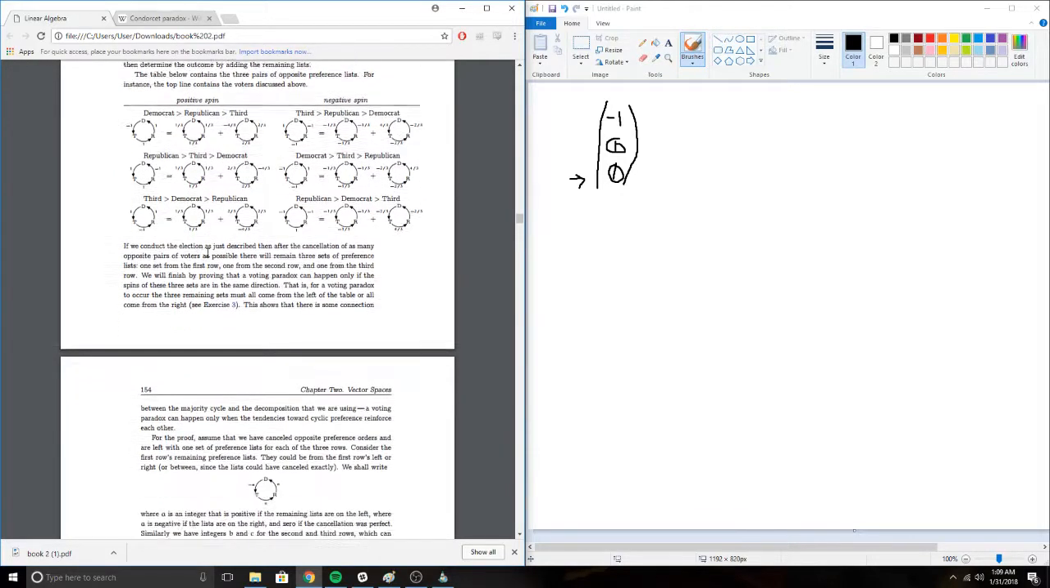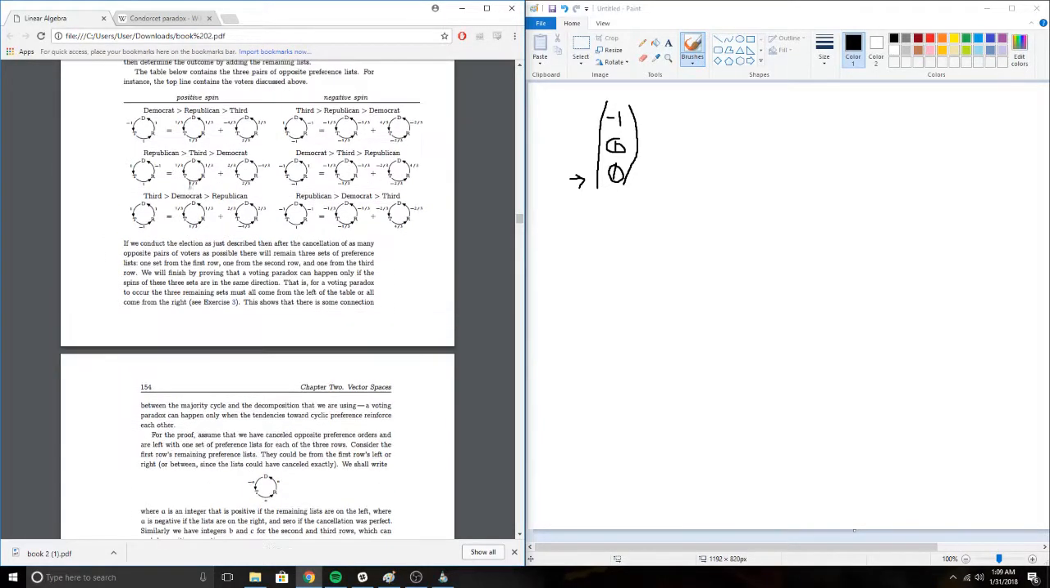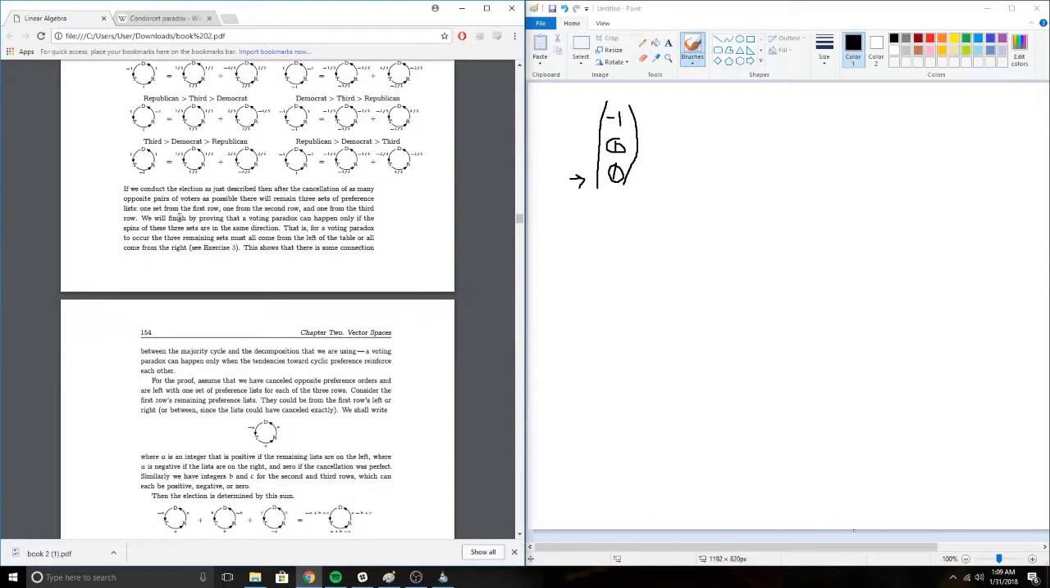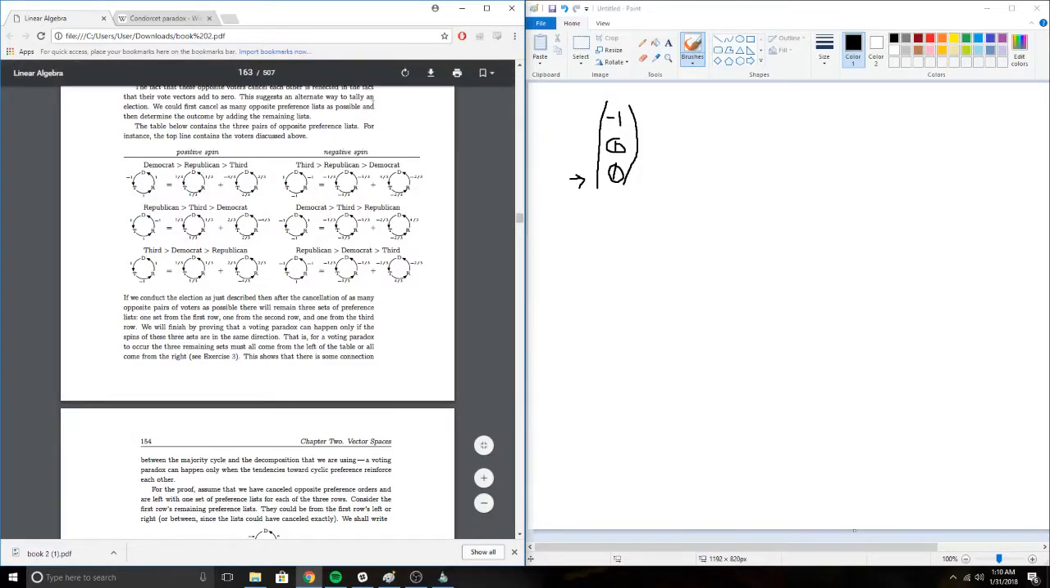And so we now know that if we conduct an election as described, then after the cancellation of as many opposite pairs of voters as possible, there will remain 3 sets of preference lists. One from the first row, one from the second row, and one from the third row. These are the rows. But the catch is that there can only be a voting paradox if the ones remaining are all from the same sides. Remember, we need it to be cyclical. So if we had 2 positive spins and a negative spin, the circle would not be flowing, and therefore